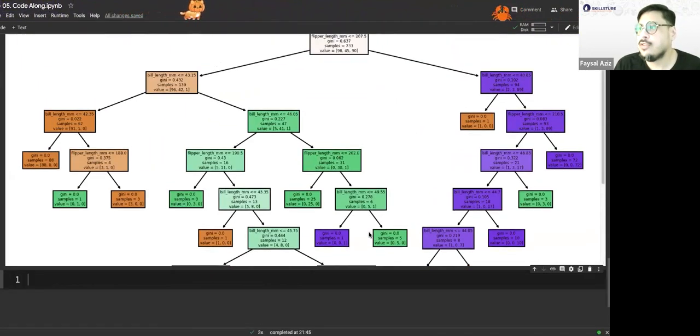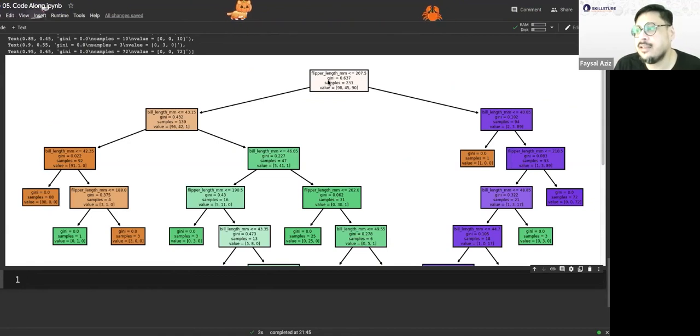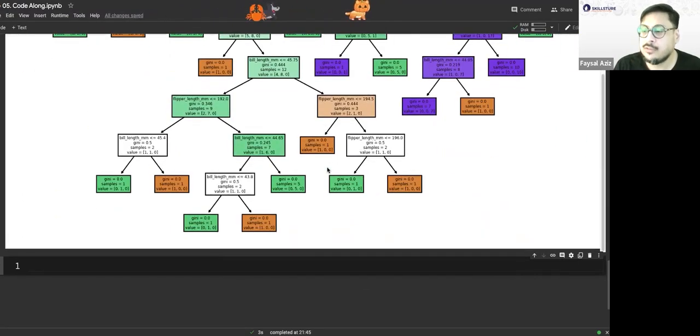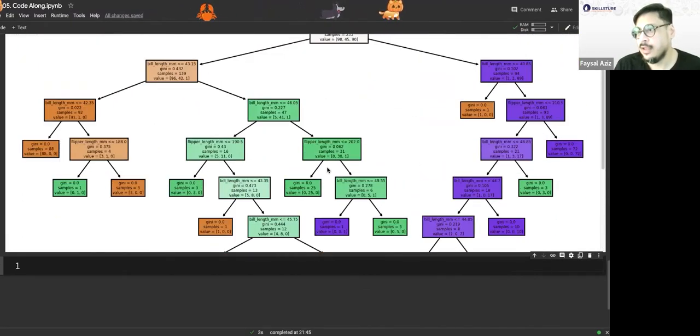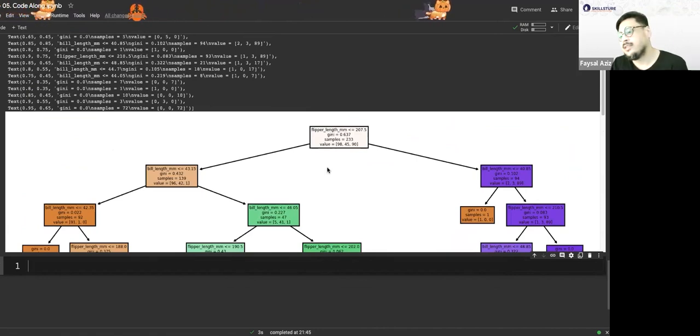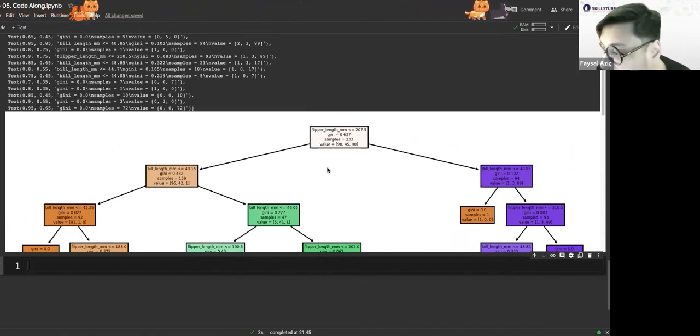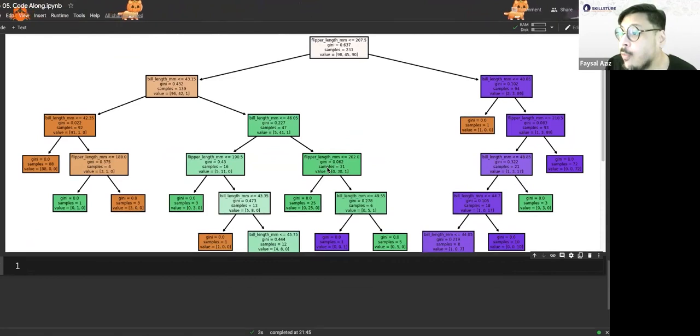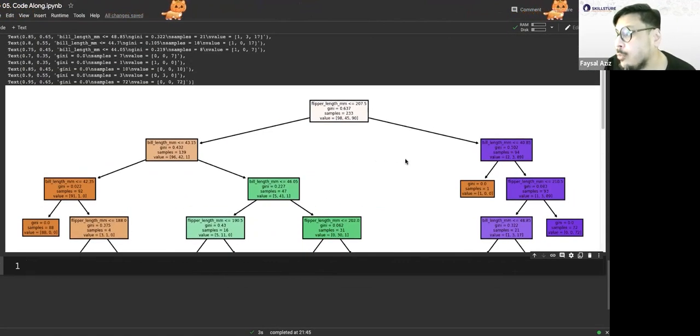It did. So this is what the tree looks like. See, it does a Gini calculation. So this is how it does the splitting. This is one of the reasons why I like decision trees, because you can actually see how the machine is thinking, what the machine finds to be more important. It has found that splitting at the flipper length is most likely more important.